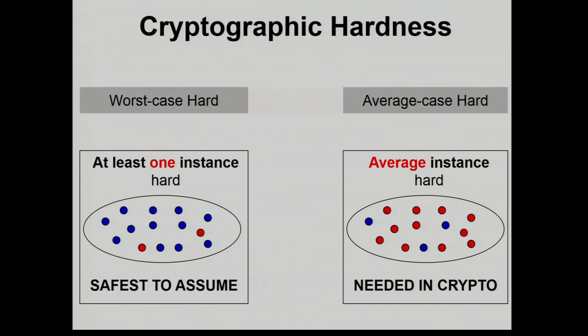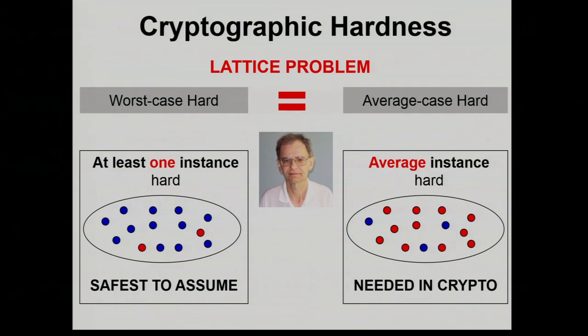Whereas in cryptography, you need more. You need average case hardness. You need a random instance to be hard, as we all know. And fortunately, for lattice problems, worst case is equal to average case. This is a very broad-strokes overstatement, and I'll get to the specifics in the rest of the talk. But you can get cryptosystems assuming the worst case hardness of approximating the shortest vectors, for instance. This is not something that we know how to do from any other sort of mathematical object.